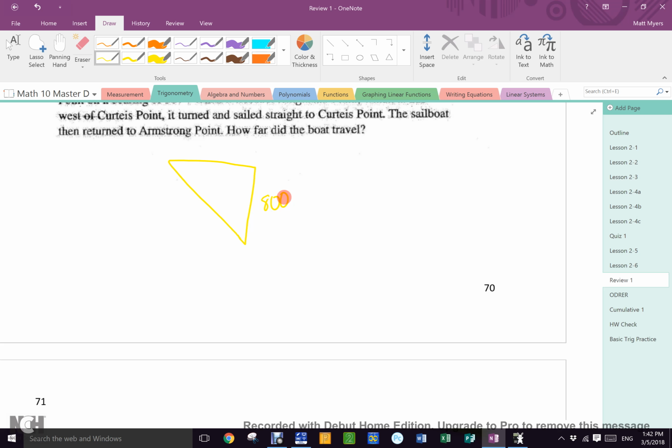What's wrong with 307? 307 degrees. Why is that a difficult number to use? Yeah, it's bigger than 90. Now, if you look back on the page, you know that north is 0. What would all the way around be? 360. Did I go all the way around? No, I only went around 307, which means what is left over in there? 53. So my triangle is really